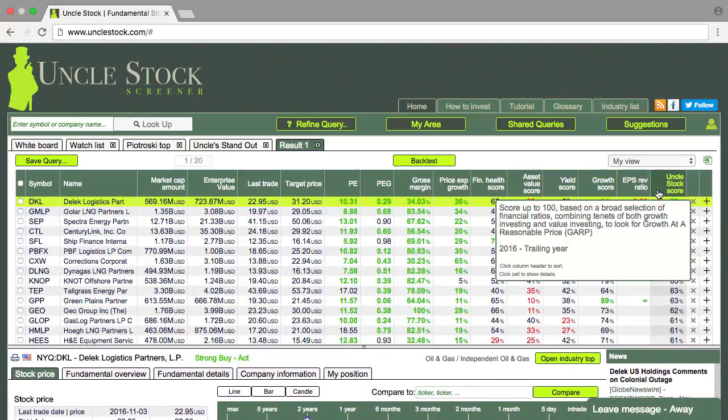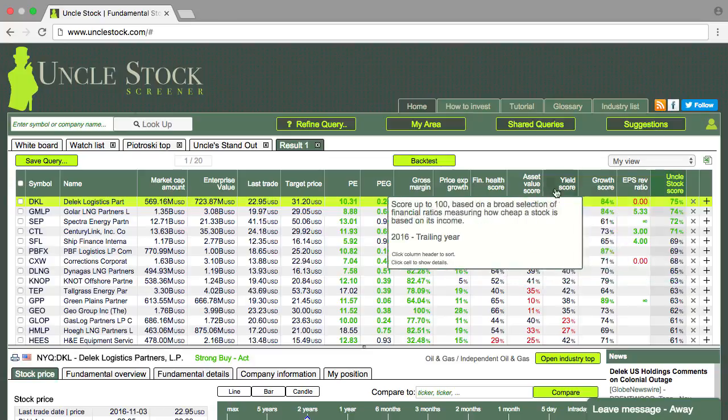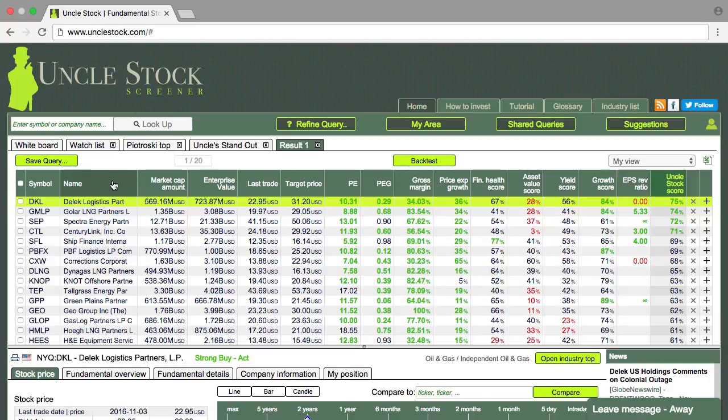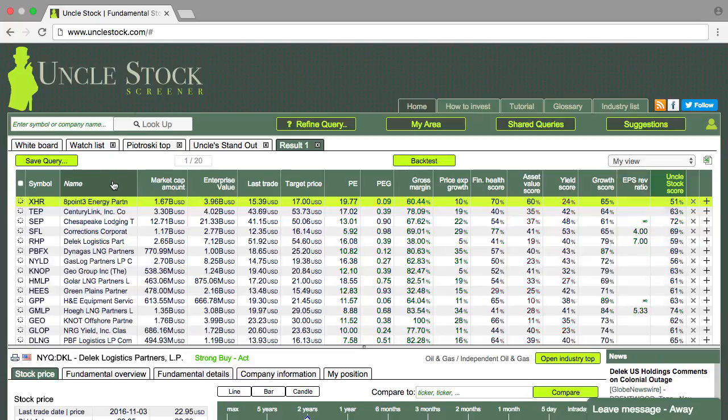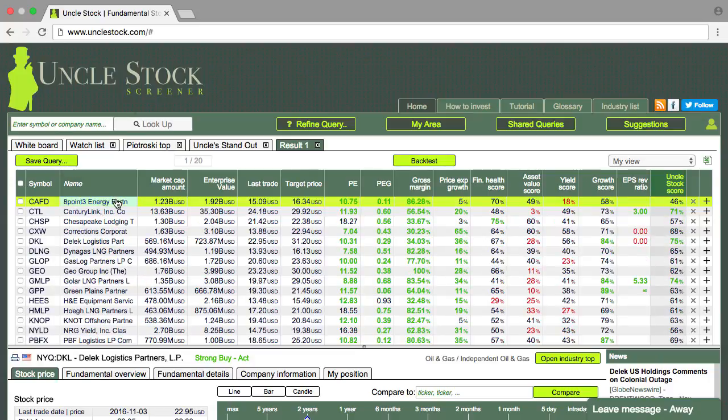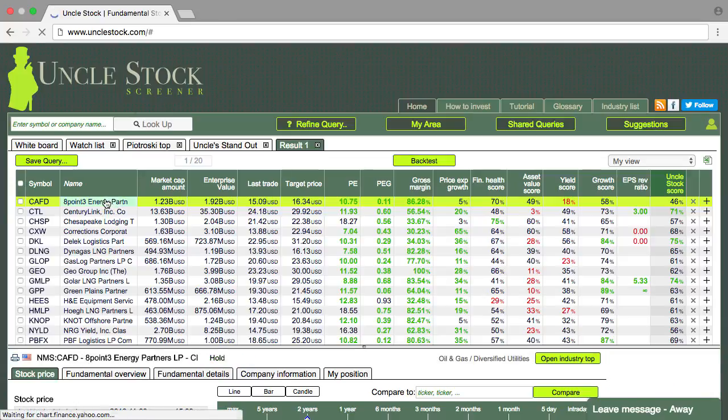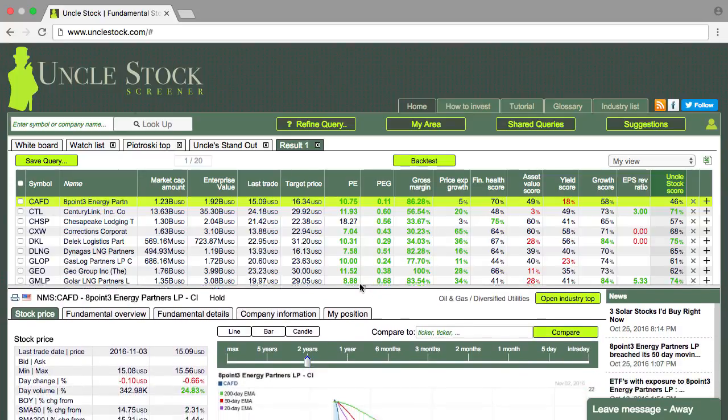These results are sorted on the Unclestock score, but we can click on any column header to sort if we want to. So we'll just sort by name, just click it once and then click it again to get it in alphabetical order. We can click on a row to change the fundamental information displayed below. And if we just bring that divider back up again,